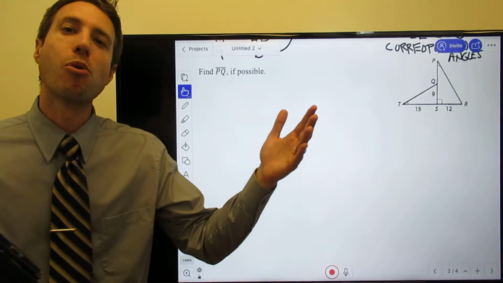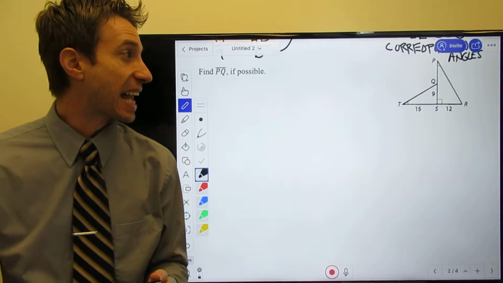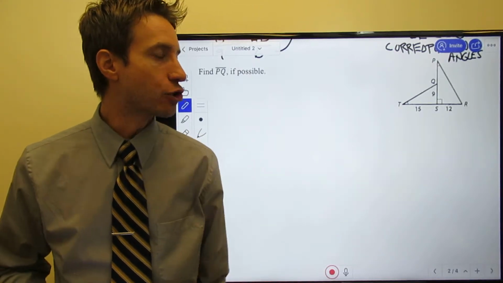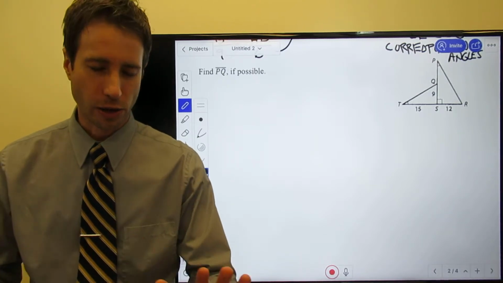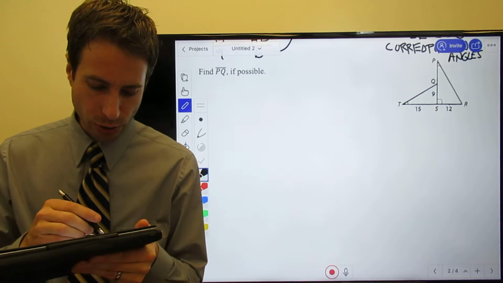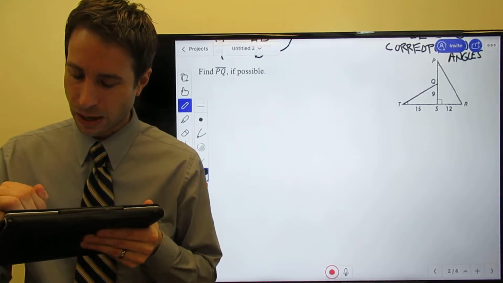All right, I got one more for you here before we move on to something different. Let's go ahead and do this one. Again, first I'm going to need to show that these triangles are congruent. Sorry, not congruent. I have to show that they're similar. And in order to do that, I have to show that two angles are congruent. This one's actually really easy. I tell you